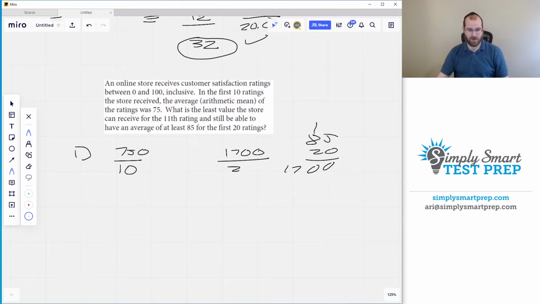Over 20. 85 versus 20. So now I've converted the information in the problem. We can get to what the problem is actually asking. What is the least value the store can receive for the 11th rating and still be able to have an average? So really what we're asking about is what is the least value that they can have for the 11th rating